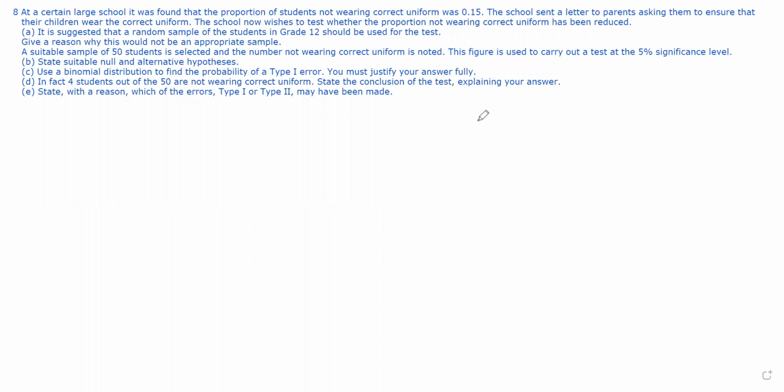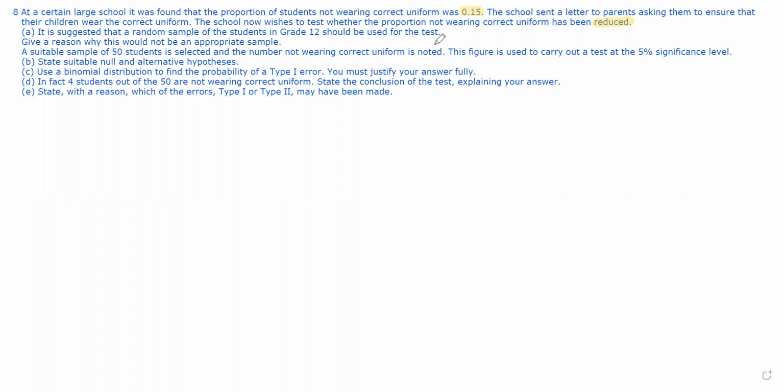At a certain large school, it was found that the proportion of students not wearing correct uniform was 0.15. After letters were sent to the parents, the school wishes to test whether the proportion not wearing correct uniform has been reduced. Part A, it is suggested that a random sample of the students in grade 12 should be used